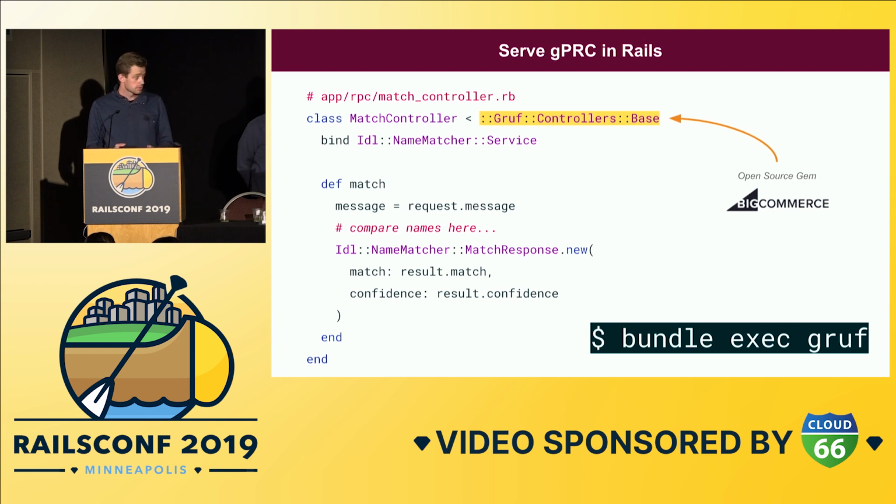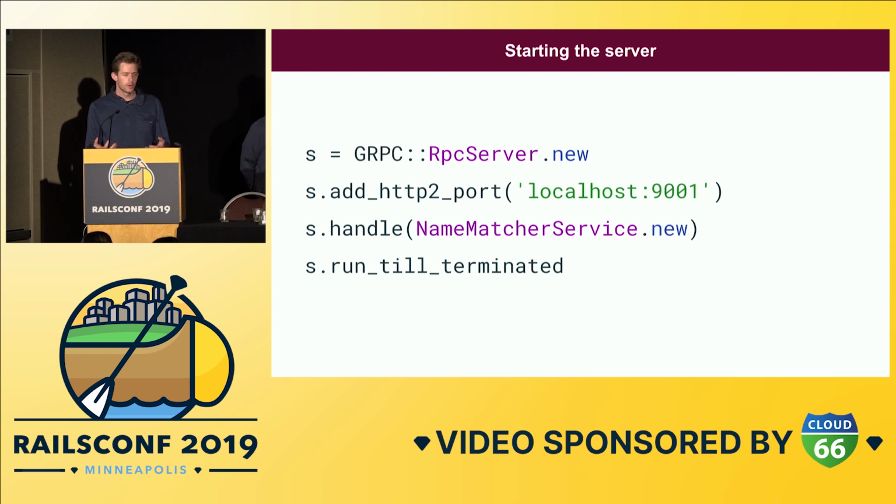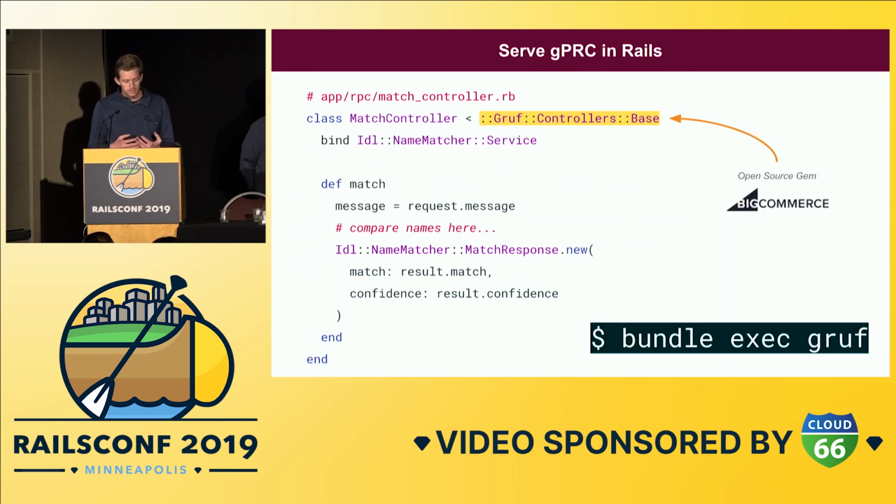So how do we use that in Rails? This is pretty great, but maybe we want to add some additional features on and really make this ready for production. Well, we've found that there's a great open source gem called Gruff that is maintained by BigCommerce. And this allows you to use a lot of the paradigms of Rails with gRPC. So it's just a small framework that you include in your gem file,